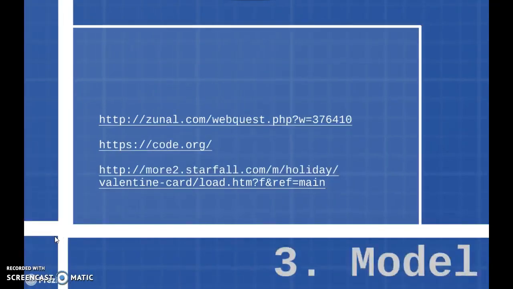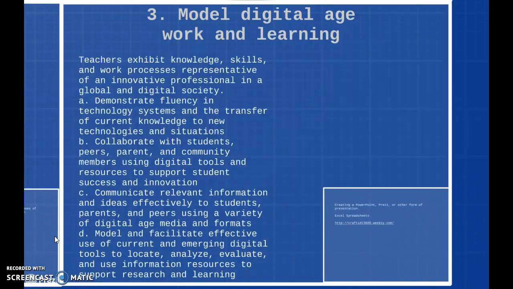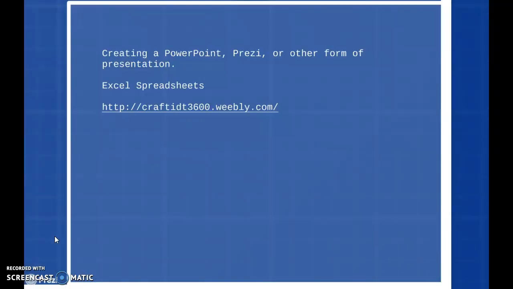The third ISTE standard is Model Digital Age Work and Learning. The teachers are supposed to exhibit knowledge, skills, and work processes representative of an innovative professional in a global and digital society. Examples for assignments that were done for this one would be specifically like what we are doing now,